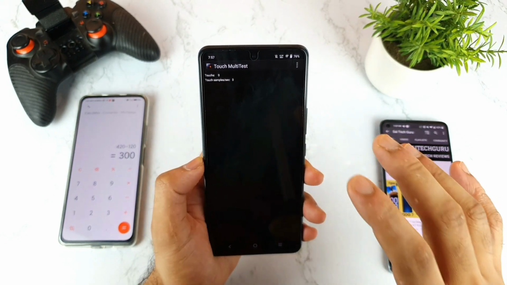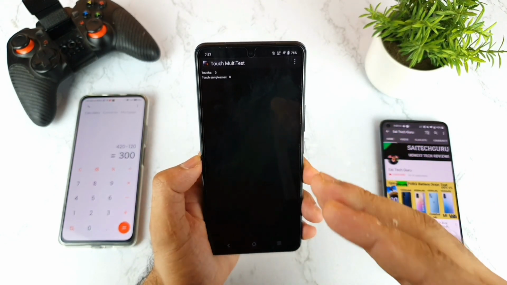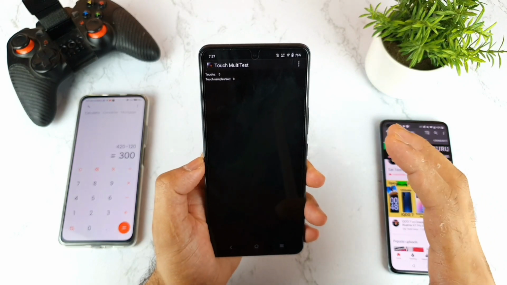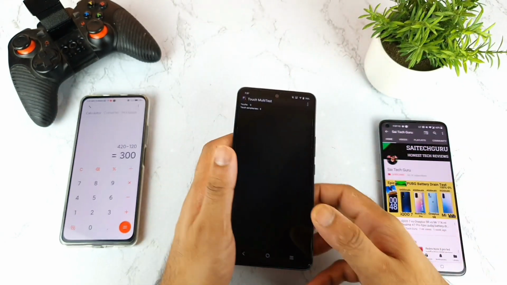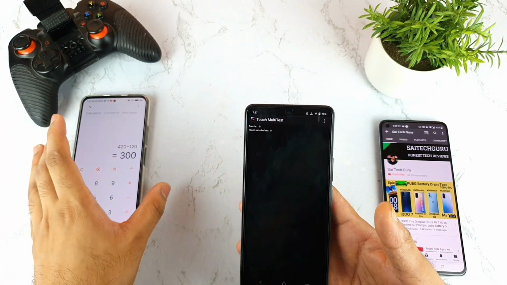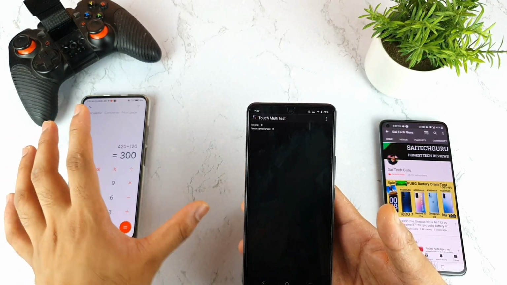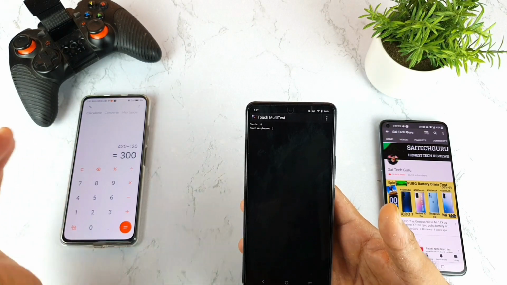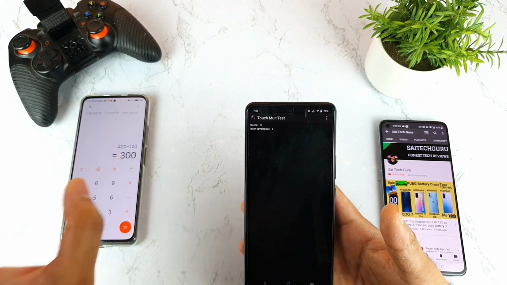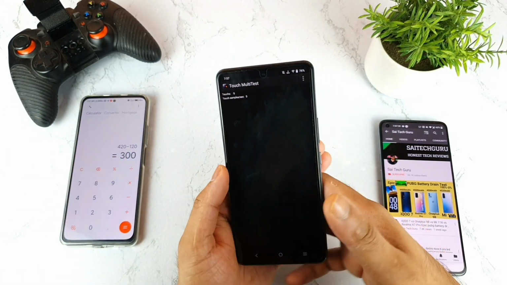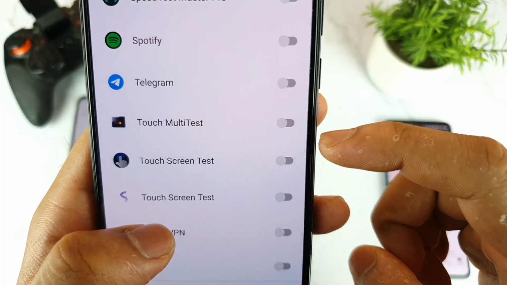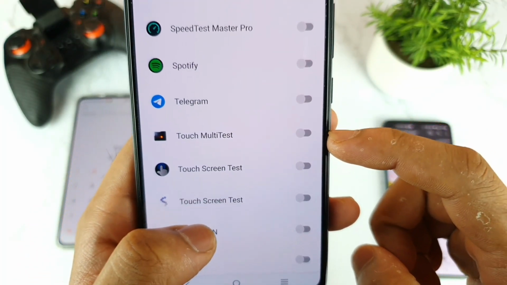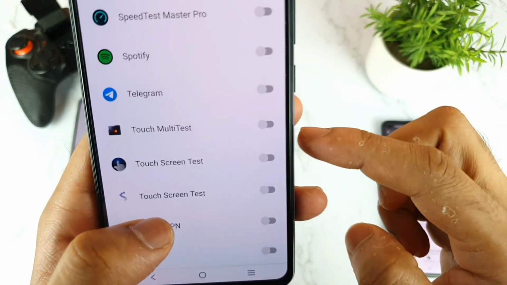So this doesn't mean the IQ7 touch sampling rate is really low. You will experience the high touch sampling rate only in Ultra Game mode applications or games, whatever you added. Whereas in this MI Linux device you will experience the touch sampling rate in every application, or most of the applications, irrespective of whether you added them into Game Turbo or not. That is the only difference between the MI Linux and the IQ7 device. As you can clearly see, friends, I did disable the Ultra Game mode as well. Adding as a game, I did disable right now.